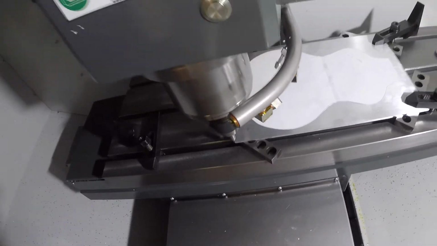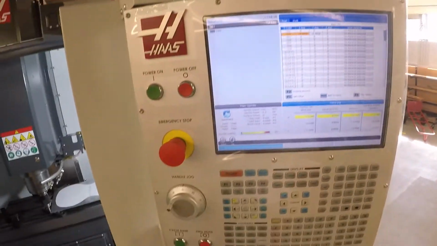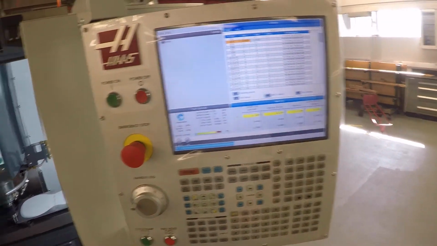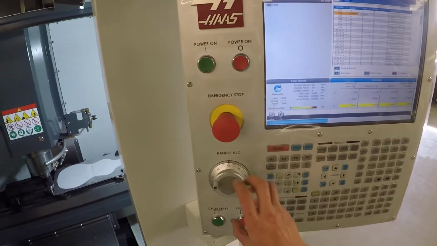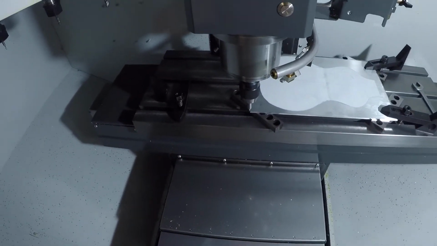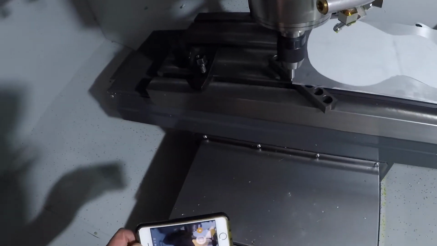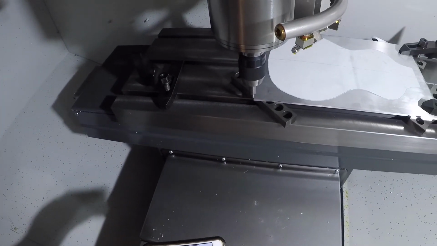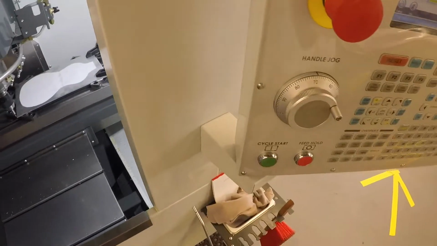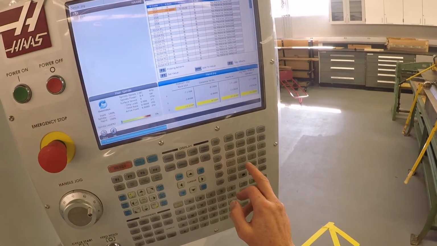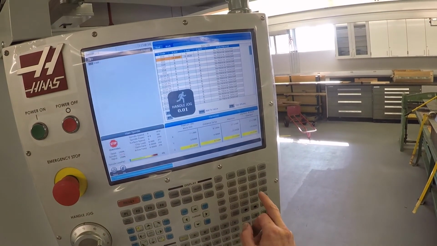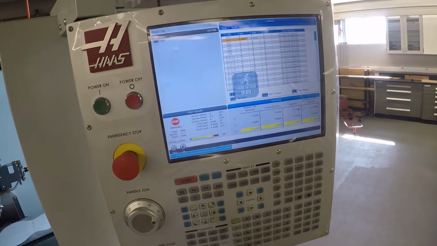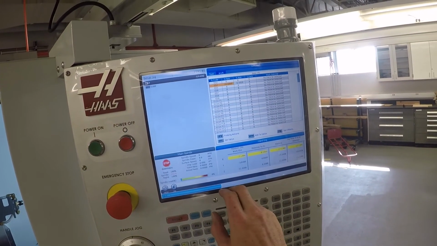There it went. All right. So what I'm going to do is Z up off the part. Okay, and I'm going to move the table 100 thousandths. And so we are in